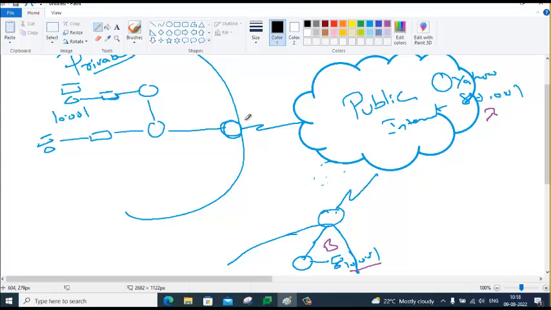So what they do is they give you a public IP address, let's say 1.1.1.1. Here they have given 2.2.2.2. So this is a public IP address. Every organization is given one or two or three public IP addresses,